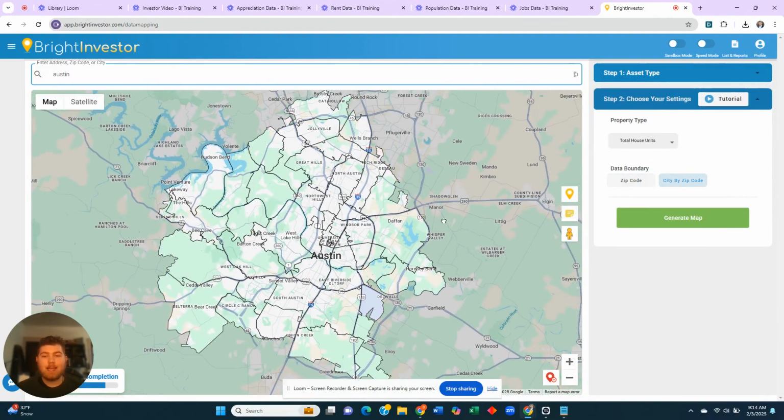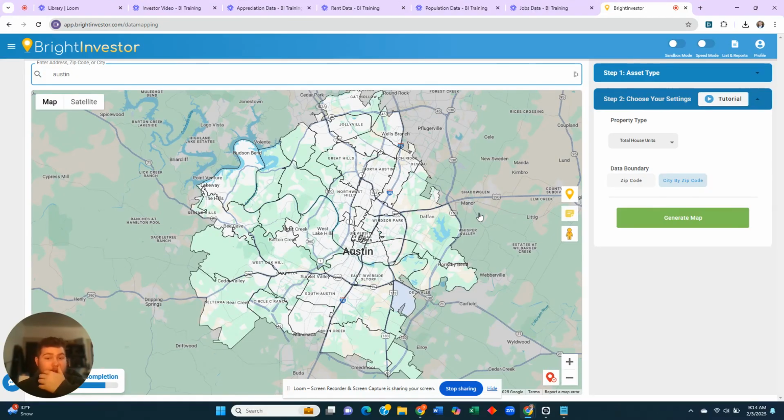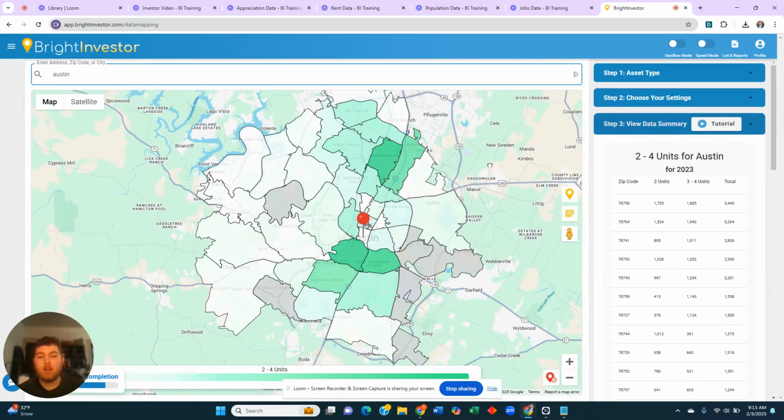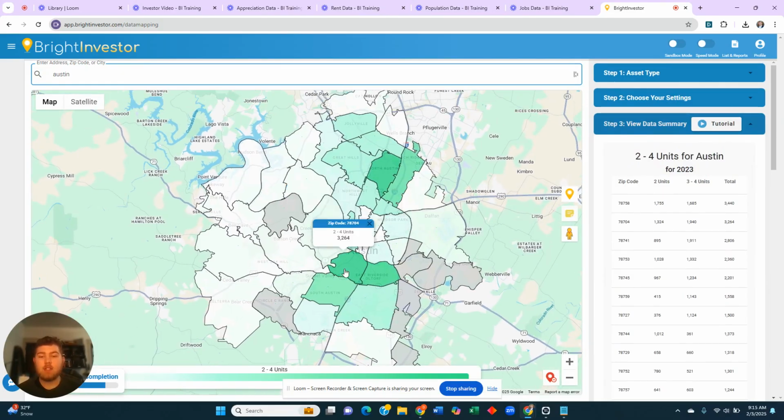When you click asset type, you are trying to find out where the product is. So if you say, I really want to find 2 to 4 unit buildings, or my client wants 2 to 4 unit buildings, you want to come into asset type and click 2 to 4 units, and then click city by zip code. What that's going to do is search the entire city and tell you where the 2 to 4 unit buildings are. For example, these areas in dark green, this zip code 78704 has